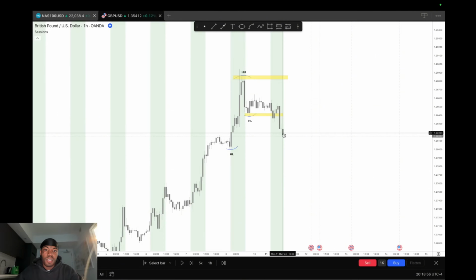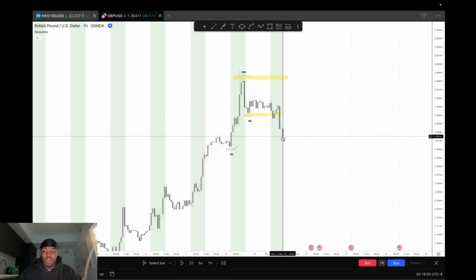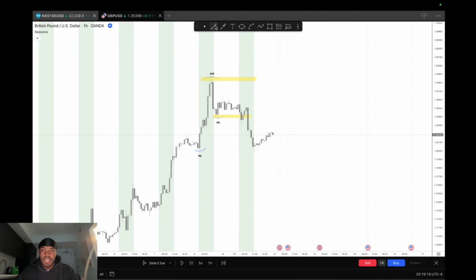The next day or even out of session, it'll start to make that push back up, which is super cool. Especially on days like Mondays and Tuesdays and even Fridays, price makes that indication, and then coming into the following day, it'll make the whole move that it wants to make, or probably 2 days in advance, it'll make that final move. But with this being said, price ends up looking for a new level of support, and this level of support,